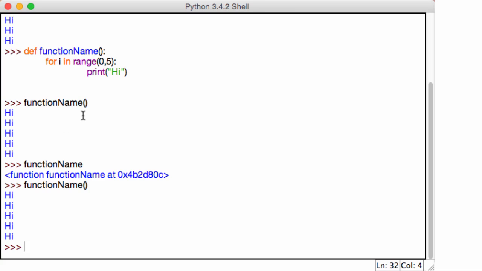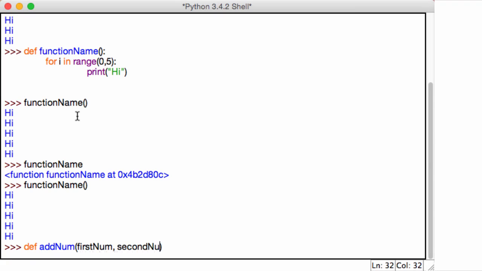Now let's go ahead and add some parameters. For example, let's say I was creating a very simple calculator. I wanted to take in 2 parameters, first number and second number, and then I wanted to print out the sum of both those numbers. So let's go ahead and do that. Def add num, that's my function name. What are my parameters? First num